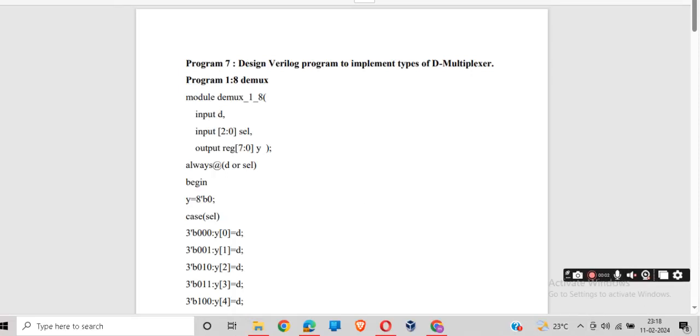Hello friends, so we are moving to the next program, number 7: design a Verilog program to implement types of demultiplexer. A demultiplexer is like a multiplexer in the opposite direction. We have one input and many outputs. The many outputs can be selected by using the select lines. So we have 1:2 demultiplexer, 1:4 demultiplexer and 1:8 demultiplexer. Now we have to design the 1:8